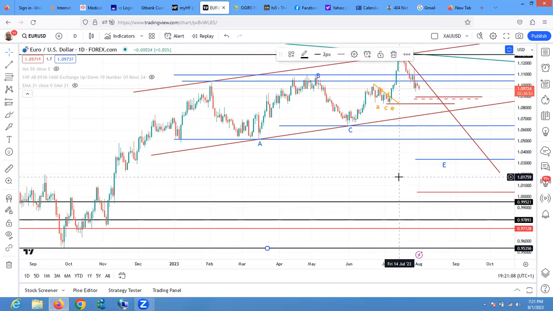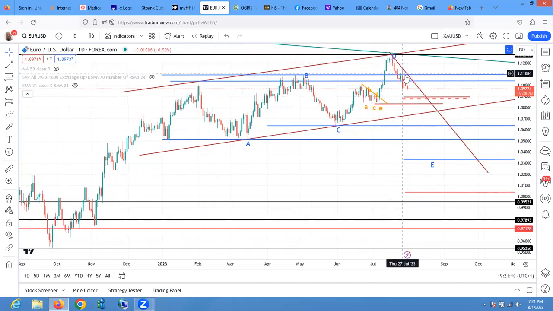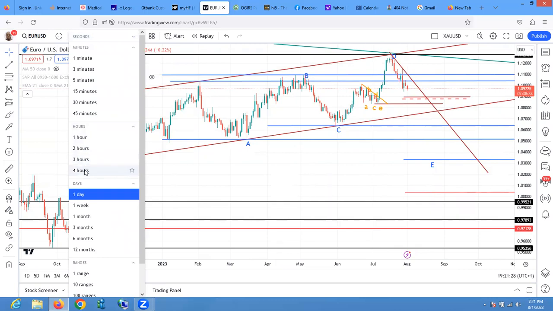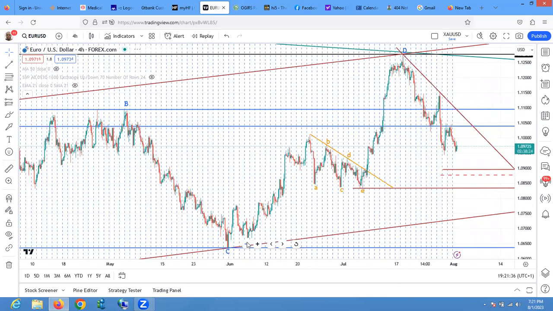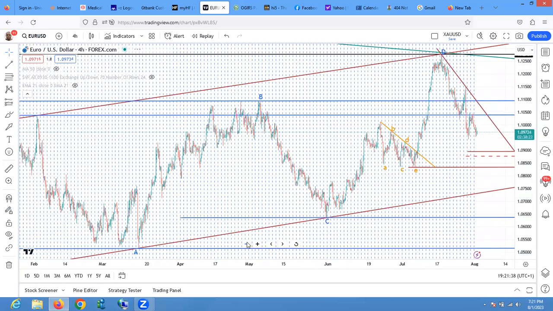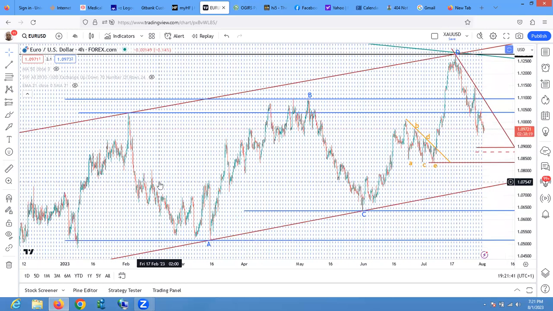But the wave that is coming down is also corrective and is not sharp. We're going to be watching this and see how we're going to negotiate. So this looks like an A, B, C, D, and an E in the making. So if I go to the 4-hour time frame, we can still see clearly that when we traded this A, this is like the A part of it, 1, 2, a 3, A, B,